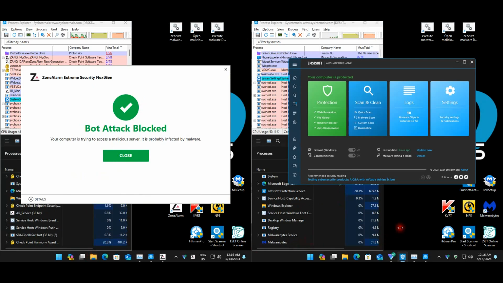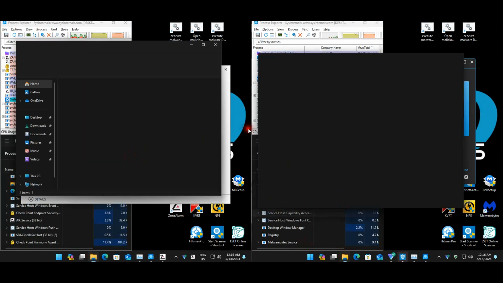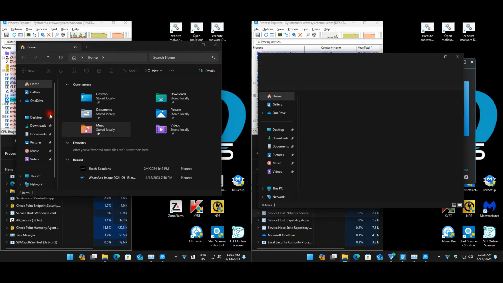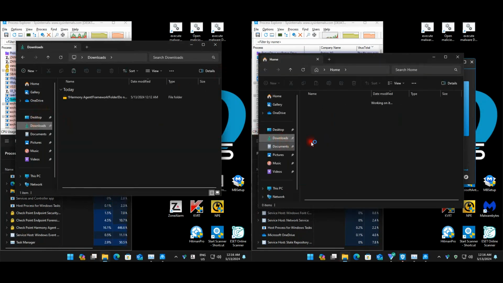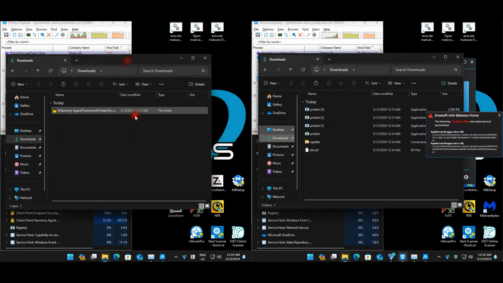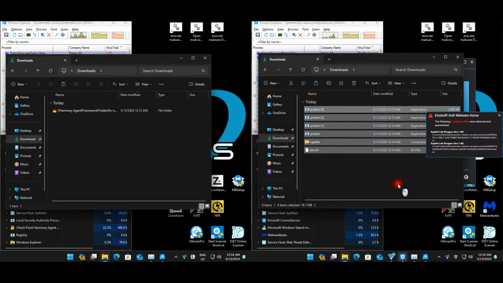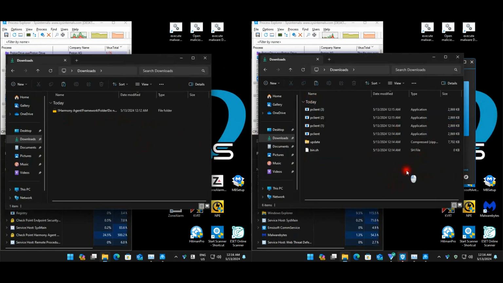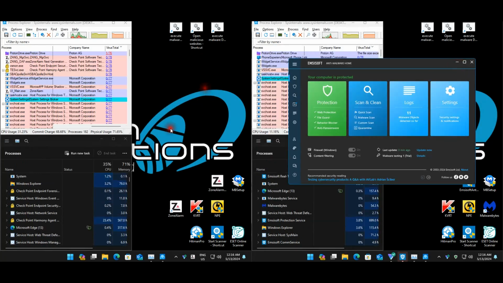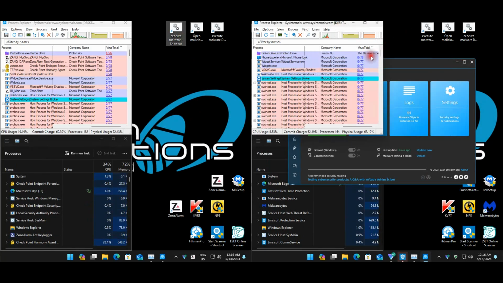Let's check our files, if anything else downloaded. Okay, downloads. So that is a honeypot file, so that's not anything I downloaded. And it seems like Emsisoft did download a couple of files here, so the win goes to ZoneAlarm. Okay, cool. So ZoneAlarm is in the lead for now, but before we start, I know I don't always show this,